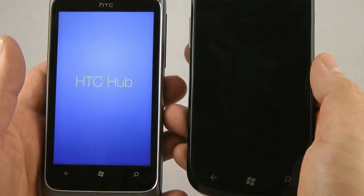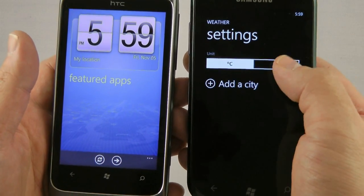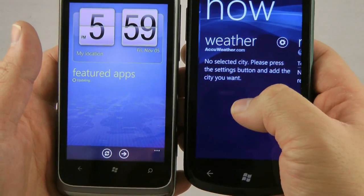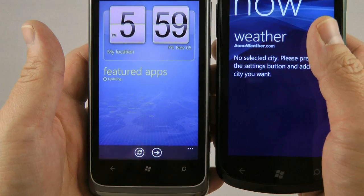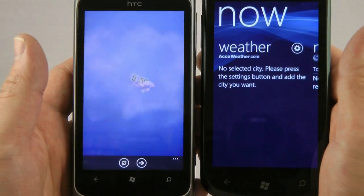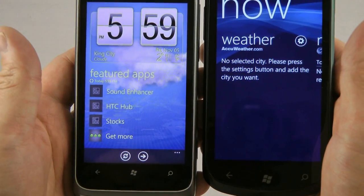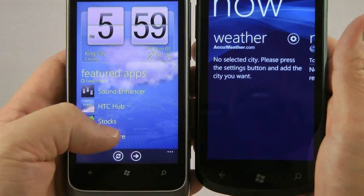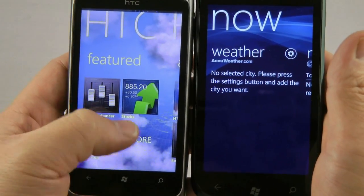There is a little bit of software that's different. HTC has their HTC Hub, whereas Samsung has their daily briefing widget, which has weather, news, and stocks. I just hard reset both of these devices, so the weather, stocks, and the other things are not configured. HTC includes a little bit more software-wise. They have a sound enhancer, which is a graphic equalizer, stock ticker. Okay, while we're waiting for it to load, another place where the